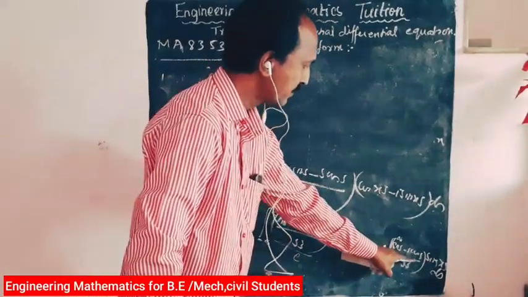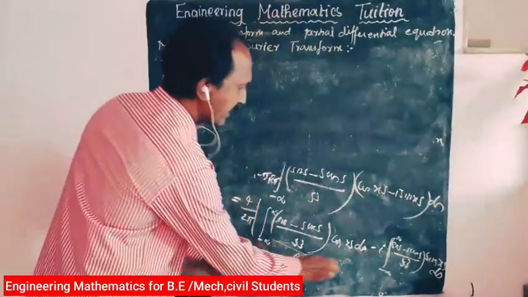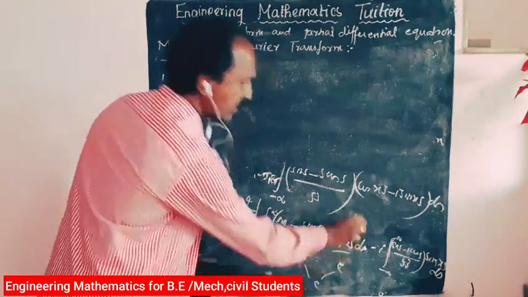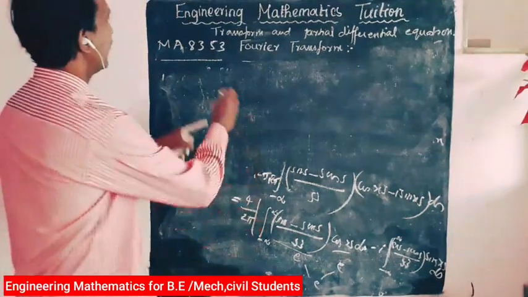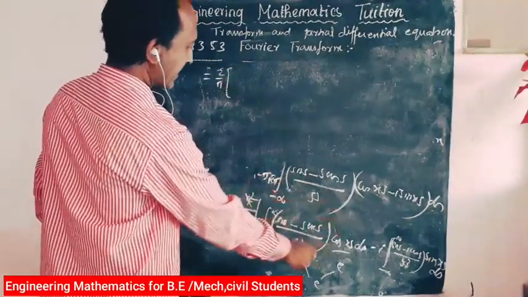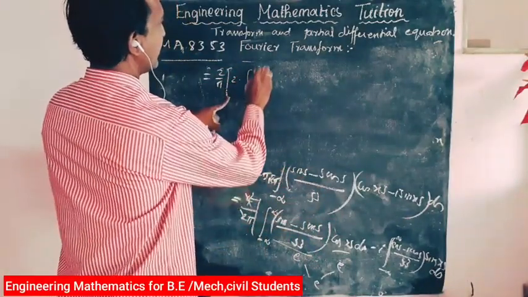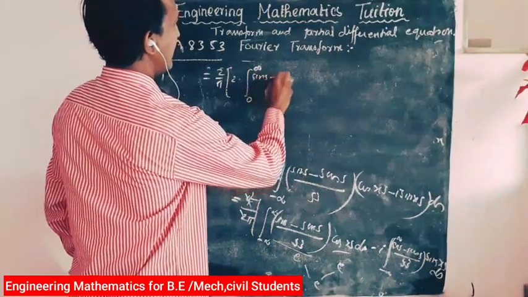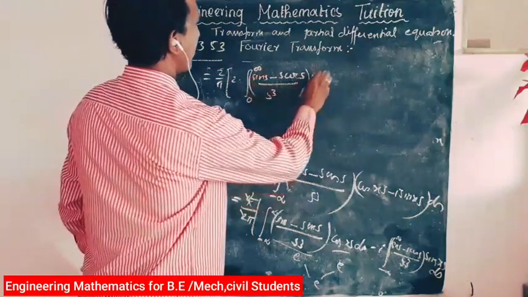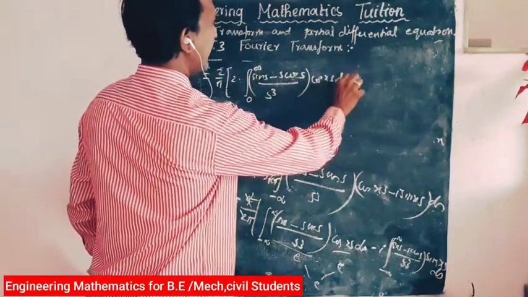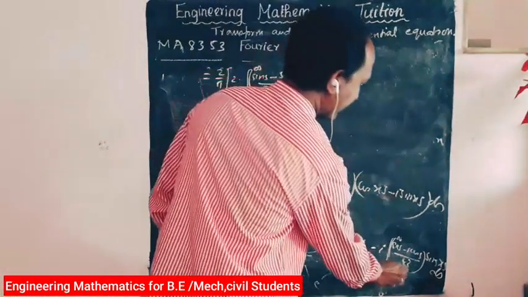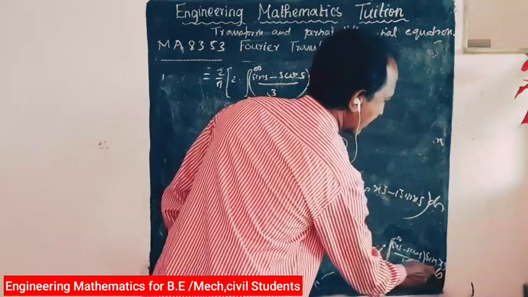Then in the second term, here this is even. So this is even, this is even. The product of two even functions is even. So the integrand is even, and you write 2 by pi, the integral is even, so we write 2 times the integral from 0 to infinity of sin s minus s cos s by s cube into cos x s ds, minus i into, here this is even, here this is odd.